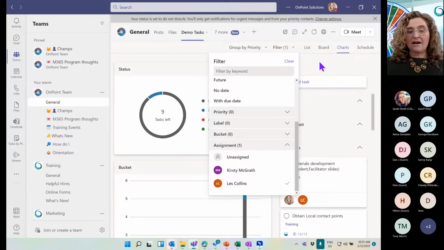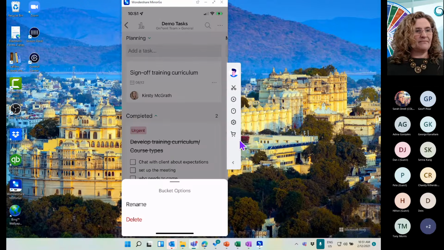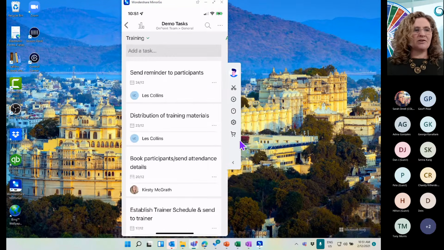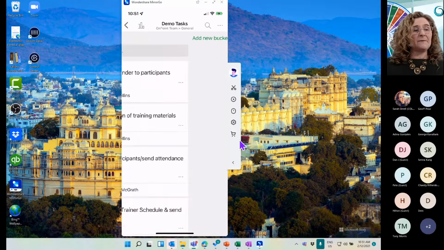Now, if I have a look at this on my mobile phone, for example, so I can work on the go on my mobile phone. So here we go. What have we got in here? Planning, team, tasks. I'm on the planning bucket. Okay. So I could go, what bucket am I on? Let's go to materials. Pilot. I'm just sweeping across training from left to right. I could add in a whole new bucket, because after training might then be follow-up. It's all the feedback, for example. You might put a feedback in and start to build out feedback.